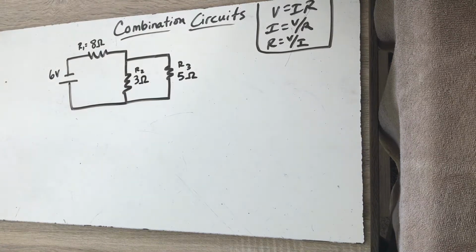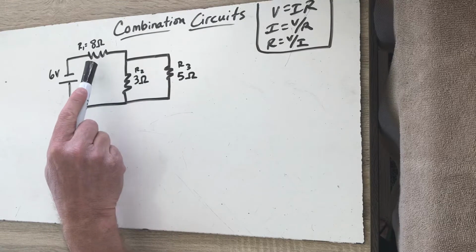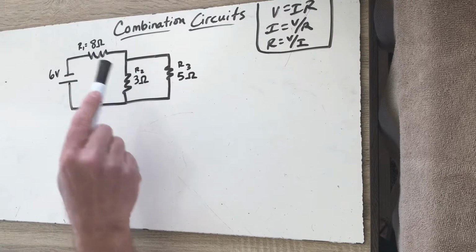Okay, in this video we're going to take one more look at circuits, and we're going to look at a combination circuit. What I mean by combination is here we have components that are in series and parallel with each other. If we take a look at this, there's obviously two pathways, but this second pathway doesn't start until after we get past the 8 ohm resistor. So all of the current must travel through this 8 ohm resistor to begin with,